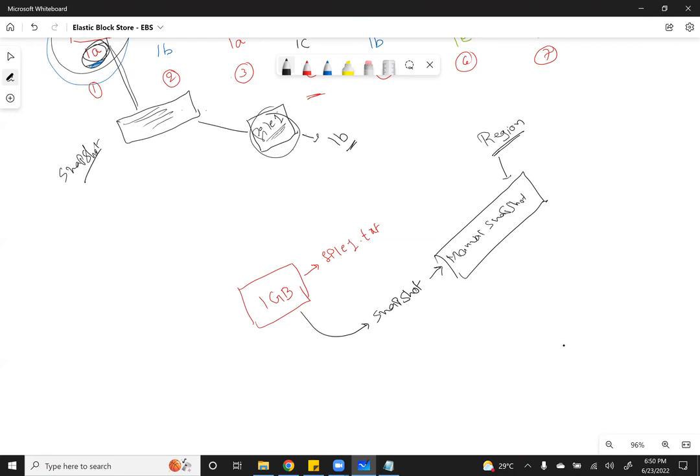So this snapshot also contains the same file, whatever is available on the EBS volume at the time of creating the snapshot. Let us say I create the snapshot at 7 p.m. Whatever files are available at 7 p.m., that data will be available in the manual snapshot. If I create some more data at 7:15 p.m., that newly added data in the EBS volume is not available